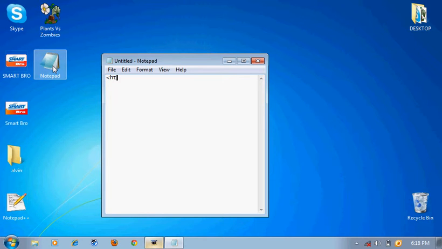First, open your notepad. Type HTML, head, and title. After it, you will type my first HTML. This will appear at the title bar of your web browser. Then close the title, then close the head,